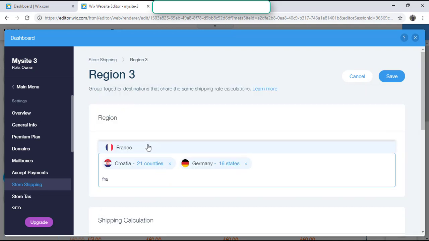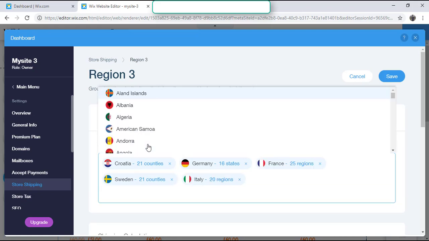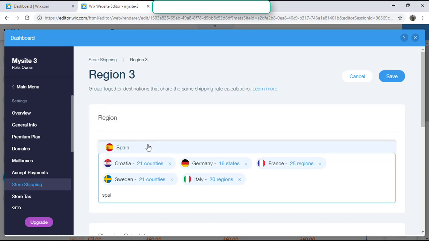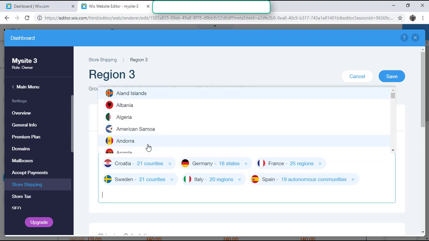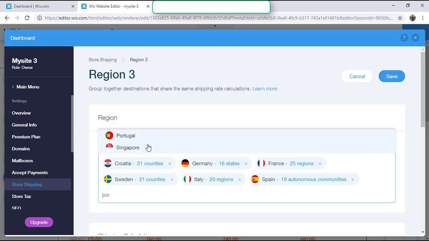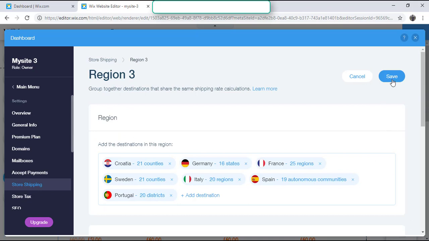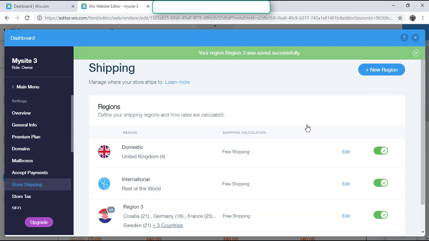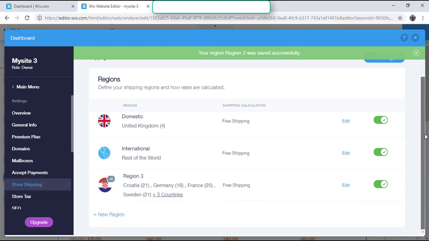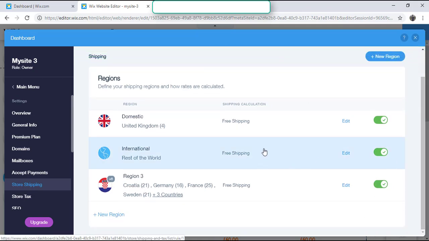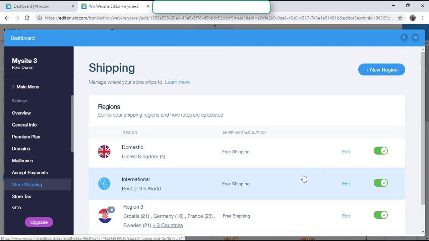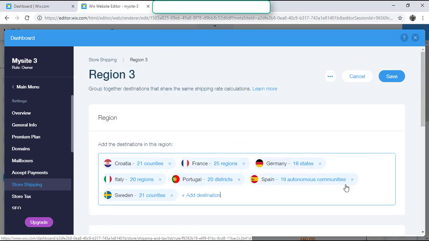Germany, France, Sweden, Italy, Spain. Where else? Portugal. And we'll leave it at that. So that's them, and then just hit save. And then you would need to work out how much it's going to cost you to ship to said country, and just click edit